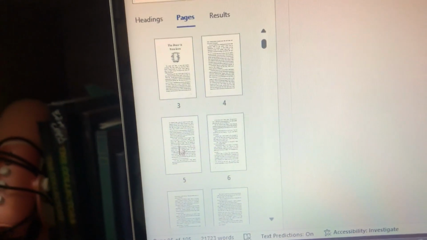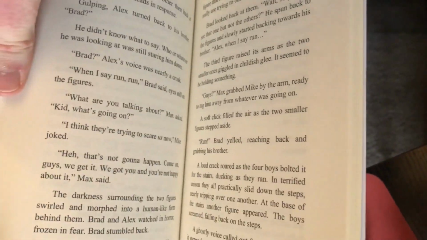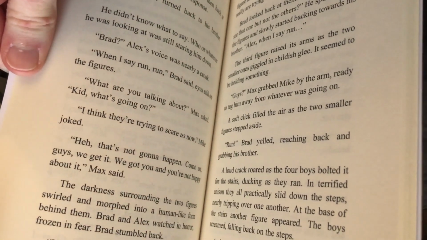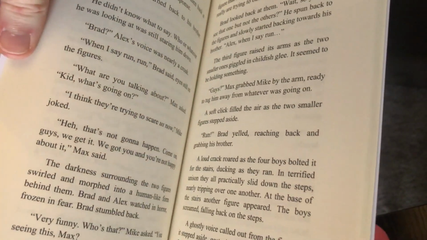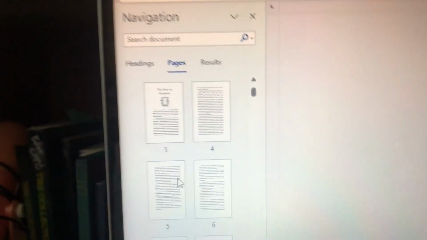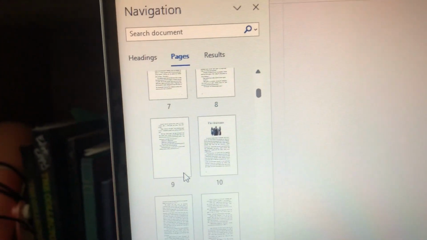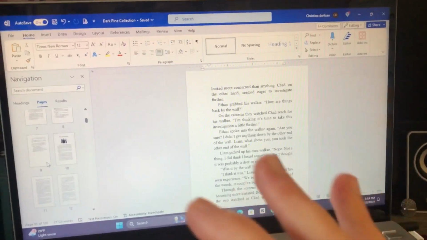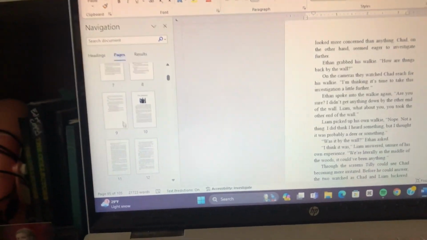Hence the reason the gutter, which is the center of the book, that is where everything meets. So if the gutter isn't set up properly, it can look like the book is basically swallowing the words. Usually when I'm just starting a project, I don't have that already set up. I usually set that up afterwards, but